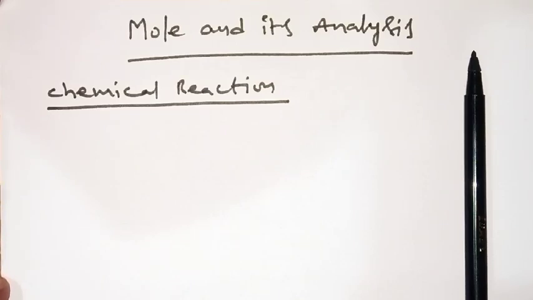From today's session onwards, we shall concentrate on 11th basics of chemistry. In the previous video lecture, I already explained what is AMU, what is relative atomic mass, what is relative molecular mass, what is Avogadro number, and what is the mole and its analysis in detail. In the description I will also provide the links, just to go through that. So we shall continue with the mole and its analysis with the chemical reaction.